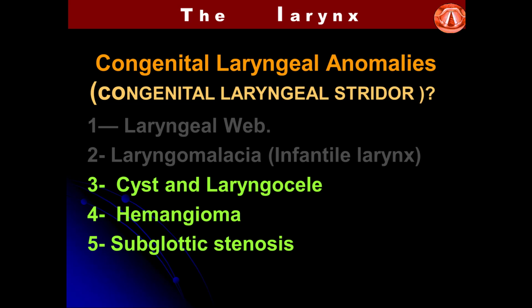For the subglottic stenosis, this could be one of two types. Either it is hard subglottic stenosis or membranous subglottic stenosis. The membranous one could be managed by simple microsurgery and dilatation. For the hard subglottic stenosis, where there is thickening of the cricoid itself, we can do